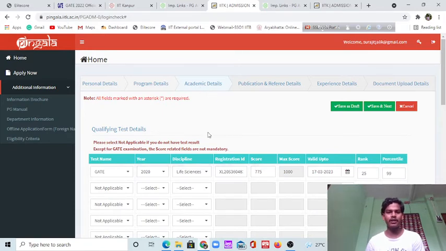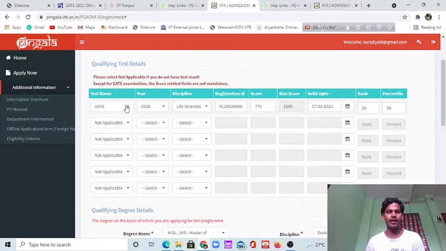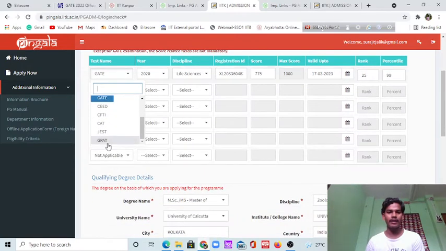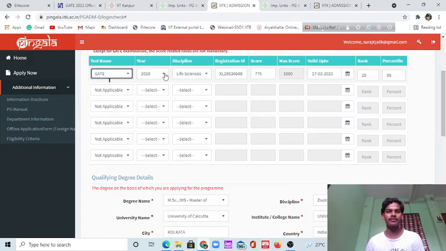So for example, if you have a GRF, sorry, suppose you have qualified GATE, you can click this. Suppose you have qualified another exam like GATE, CSIR NET, UGC NET, and so on, you have to put it according to this. I qualified the GATE exam in 2022 in life science.